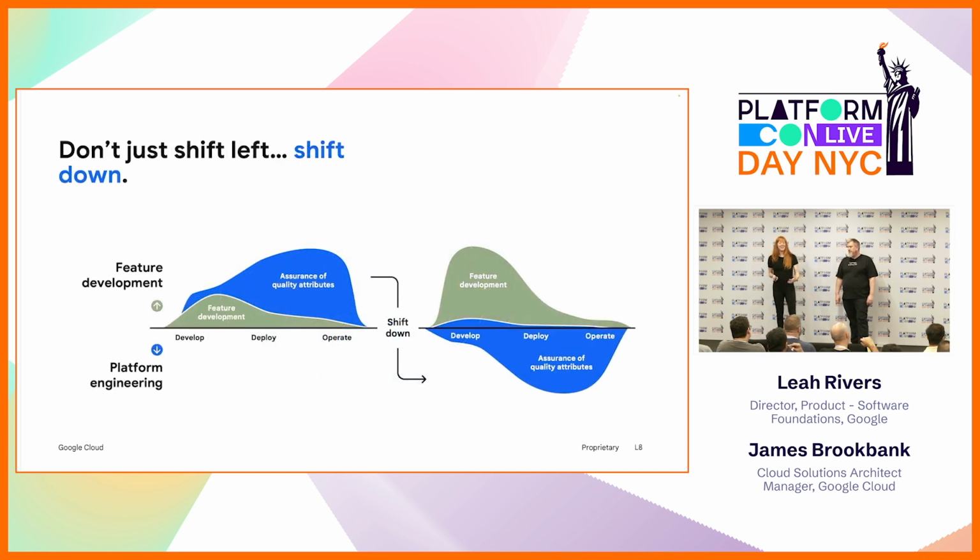So shift down is our platform engineering strategy, both within Google and for Google Cloud customers. We want to find ways to systematically eliminate responsibilities that developers have to be in the loop for and build them into the platform where we can. This allows us to not only free up more capacity, you can see on the right, there's just a lot more space for feature development on a given team. It also gives us the ability to have controls and influence over some of the things that matter for our business goal.